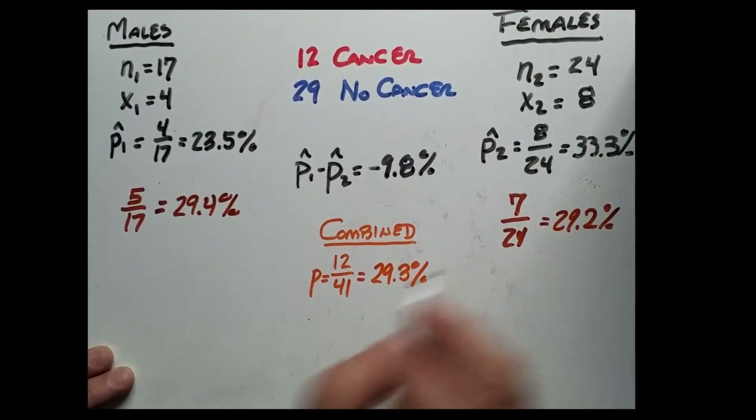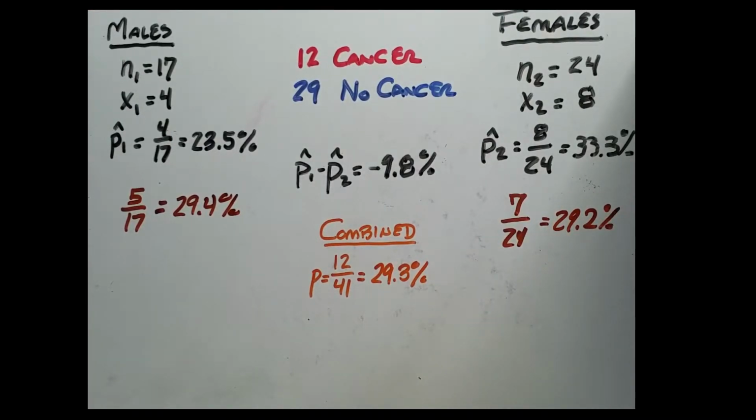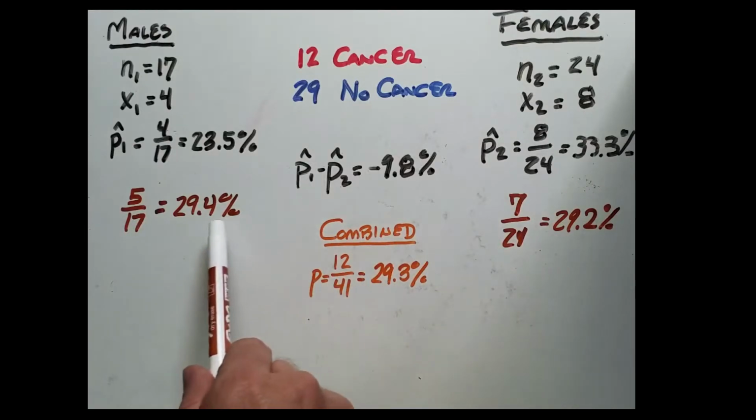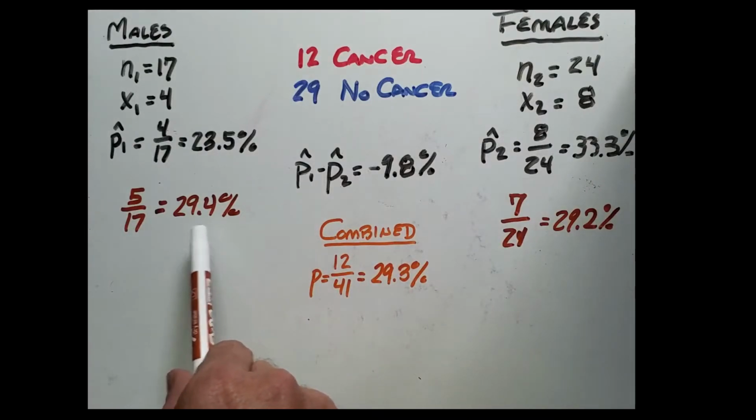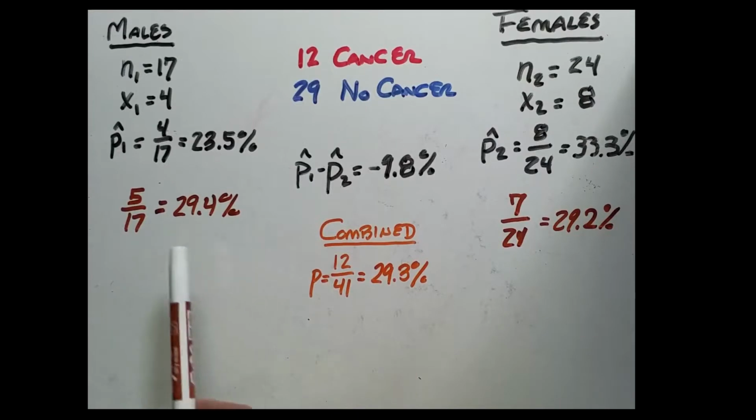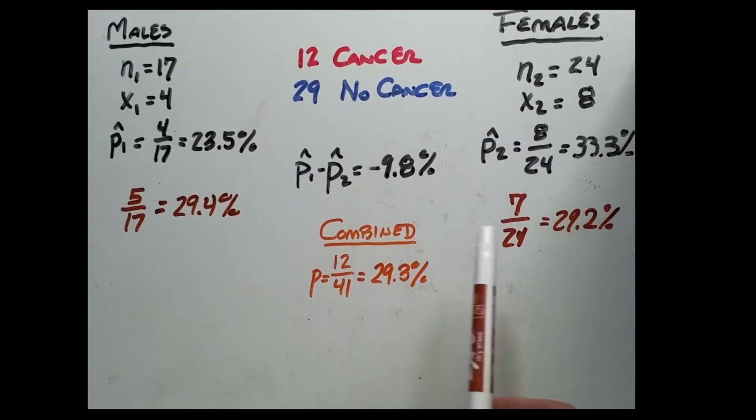29.2%. So what we've done here is simulated a situation where the rate of cancer is 29.3% and gender has nothing to do with it, right? Because we just assigned cancer or no cancer randomly to these two groups. So this little fluctuation we're seeing of 29.2 and 29.4, that difference of 0.2% is purely by random chance,